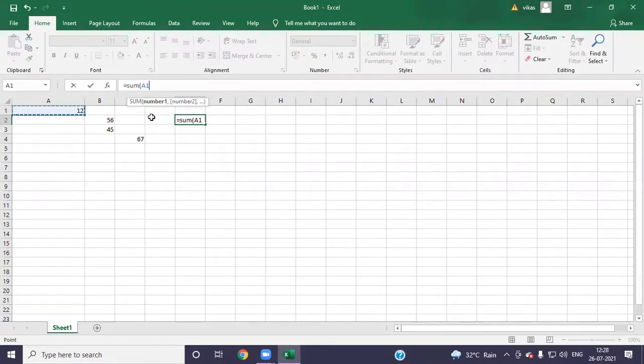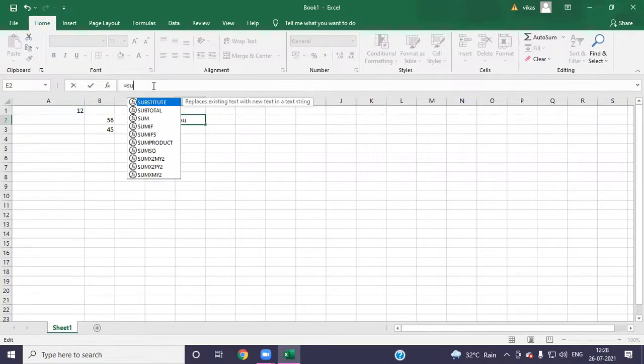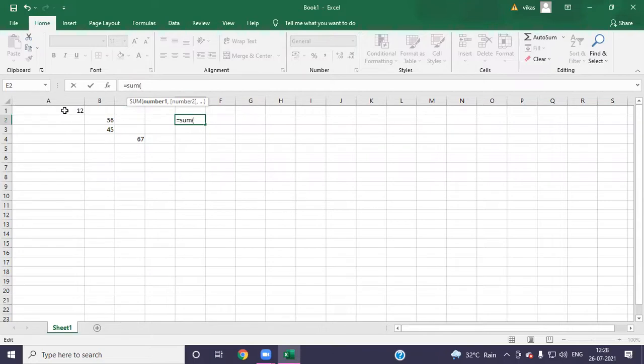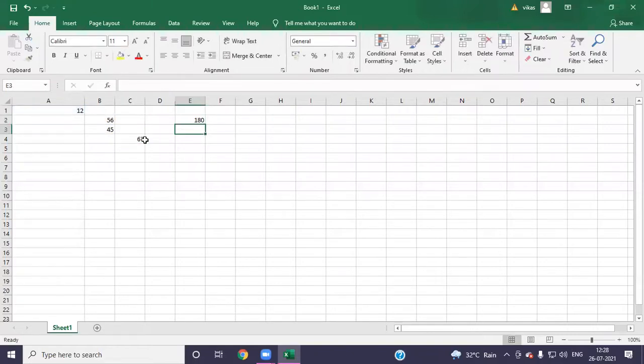After writing the sum bracket, whichever cells you are going to add, you have to click on them. That is, whichever cell you want to add, you will click on that cell. First, what did we do? I have written here, once again look here, equal to sum, and then I want to use this cell, then I will click on that, the address will go there, then comma, I want to use this, then I will click there, then again comma, I want to use this, then again I will click here, then again comma, I want to use this, and C4 is the last cell, so I will close the bracket and I will press the Enter key, and it will come there.